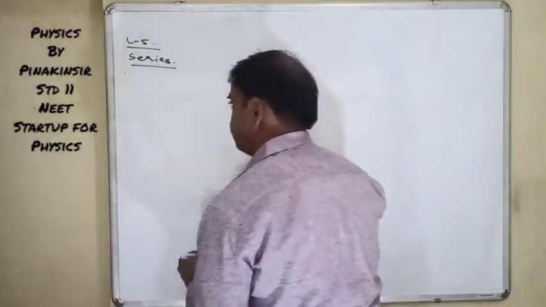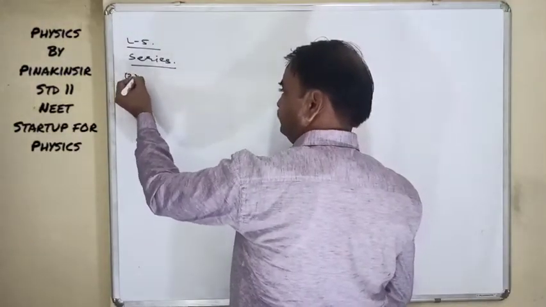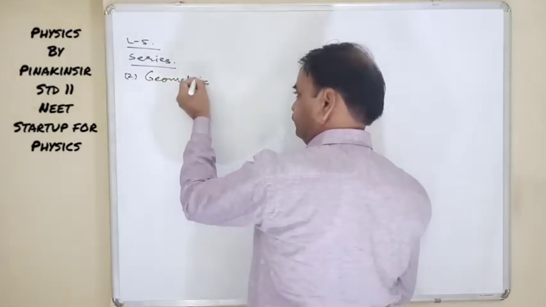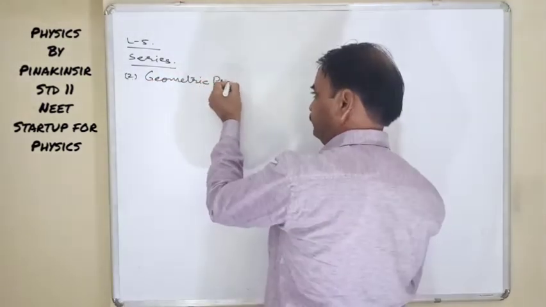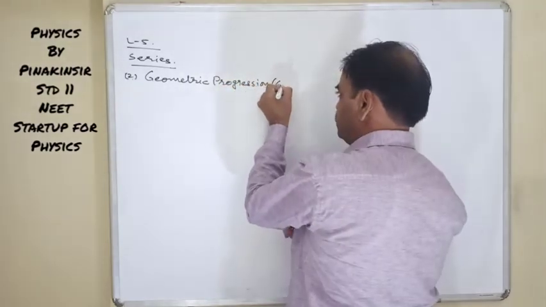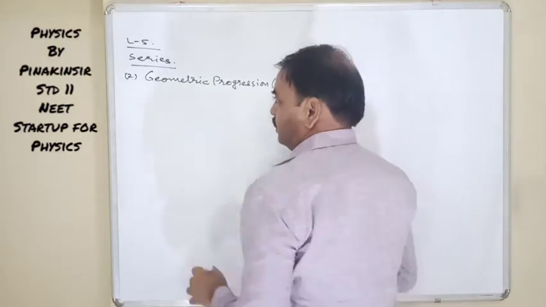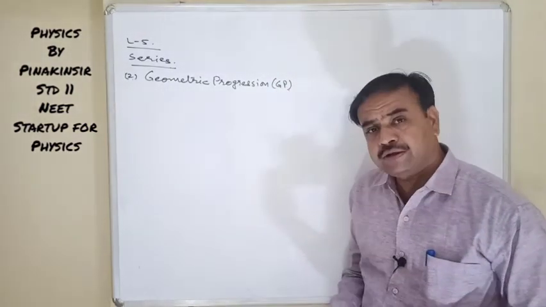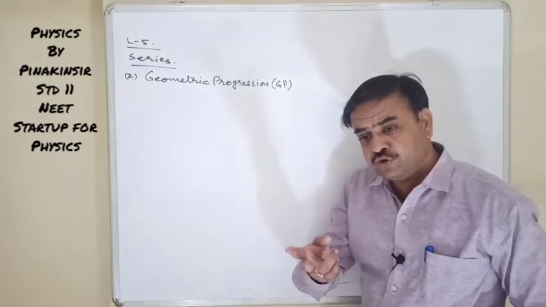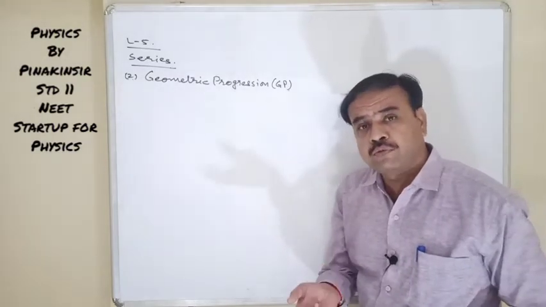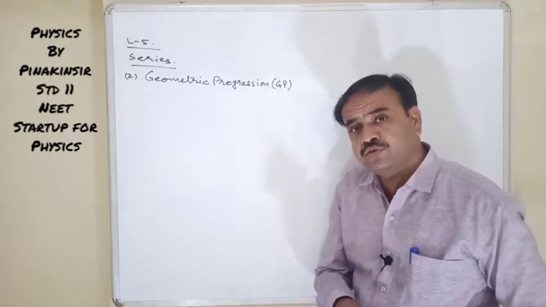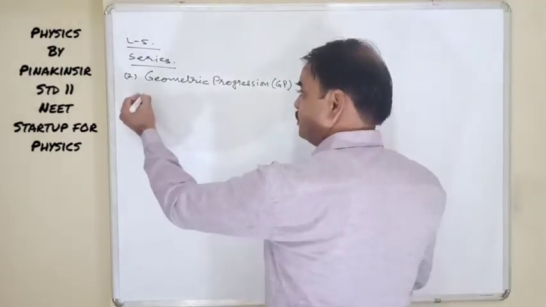Is nothing but geometric progression. In short, it is written as GP. There are some mathematical sequences in which the ratio between two successive terms is common. That is, the division of two successive terms is common. Like the general formula,